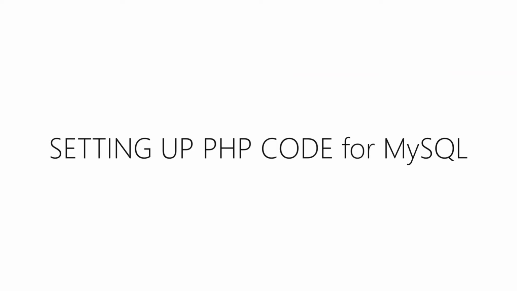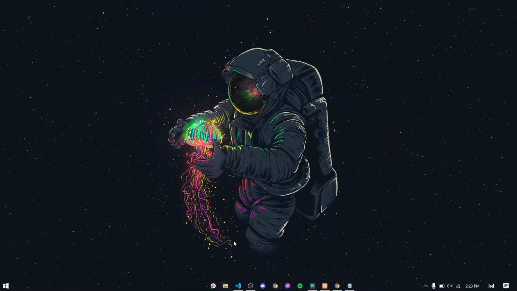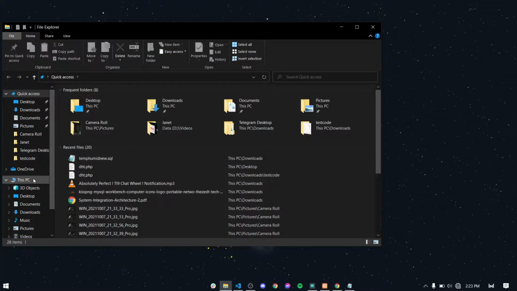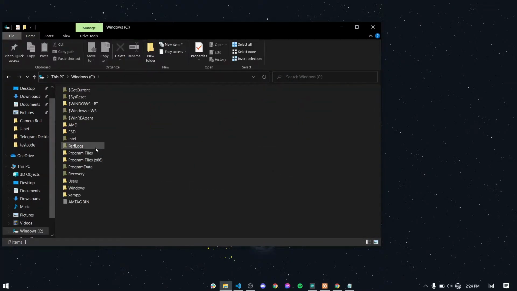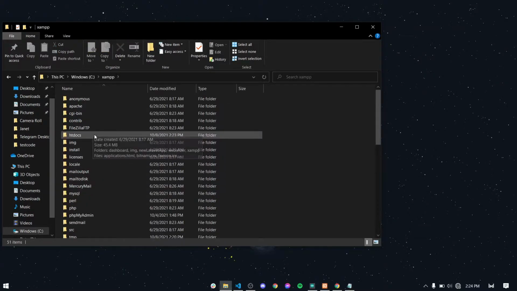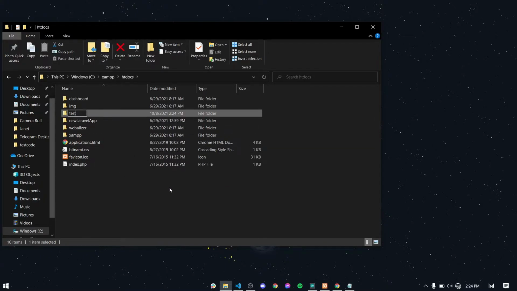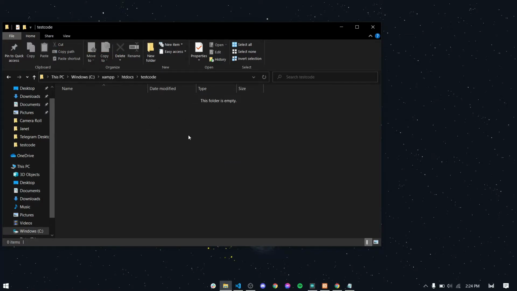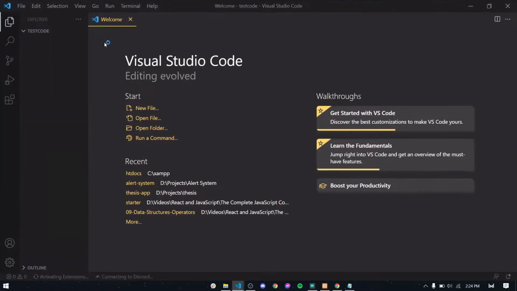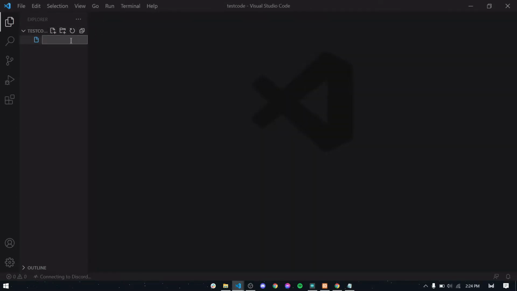Let's now proceed to setting up our PHP code. First, we will open File Explorer and look for the folder called XAMPP. Inside the XAMPP folder, we will look for the htdocs folder. Inside the htdocs folder, we will create a new folder for our project and call it test code. And inside this folder, we will add a new PHP file using VS Code. We will name it